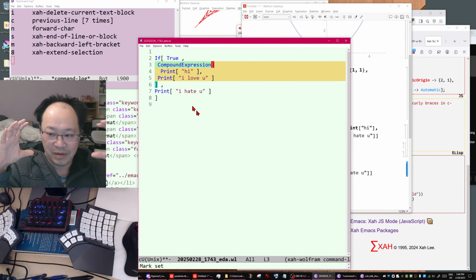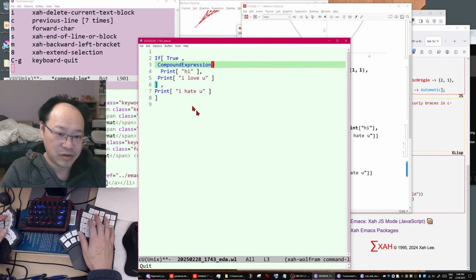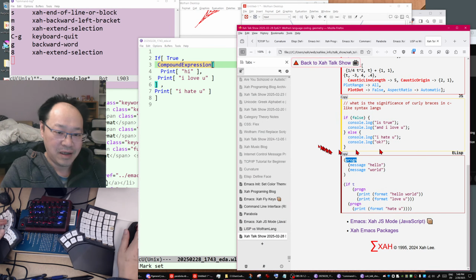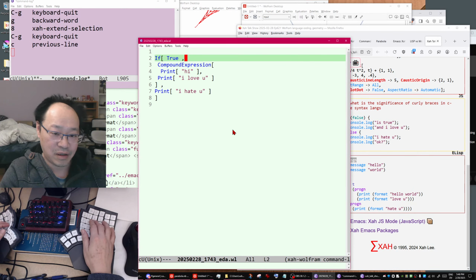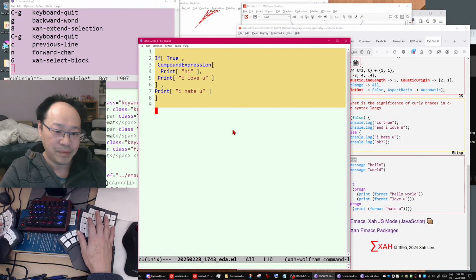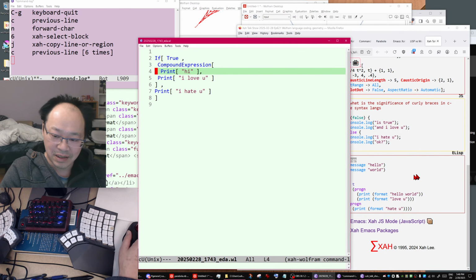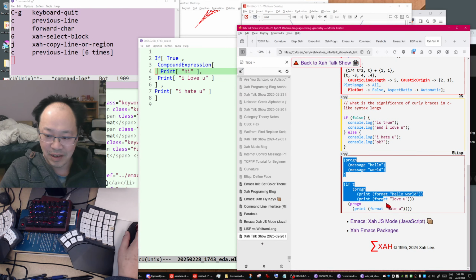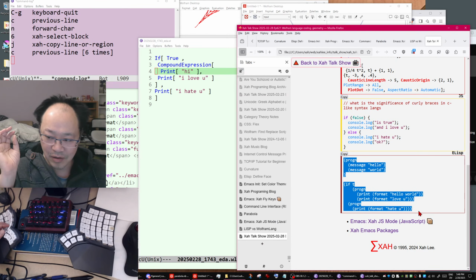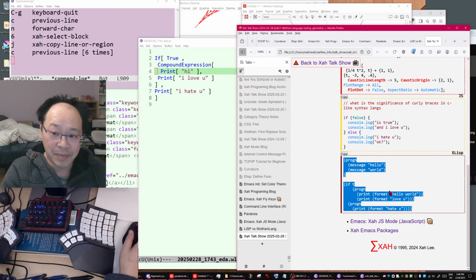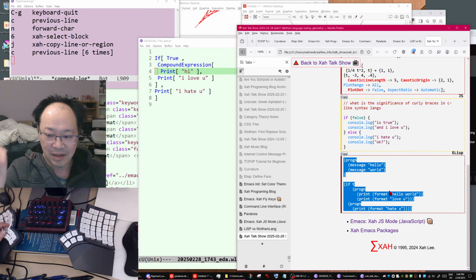That's how you group things together, because in Wolfram language, everything is regular syntax, nested. Okay, but this compound expression is too long, too much to type. So Wolfram language has the idea of meta expression, which means for every nested expression, like in Lisp, this nested expression is called SEXP. Okay, this stands for symbolic expression.